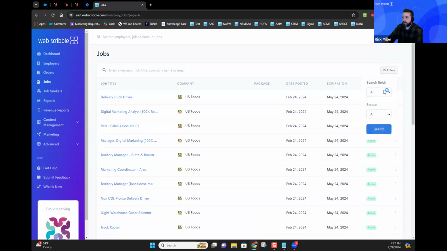For the filter for jobs, we can search via the company name. If you are talking to a company and they want you to find a specific job for them, you can do that. I would say use the keyword search as well for something like that. We can search via email. We can filter by email. We can filter by job title, by job description. Job ID would be something that I would suggest. If you have the job ID, that might be one of the easiest ways to search for a specific job, and a job reference ID.